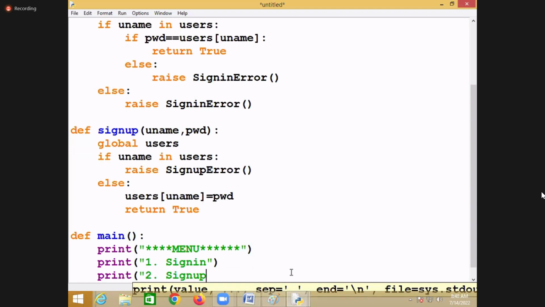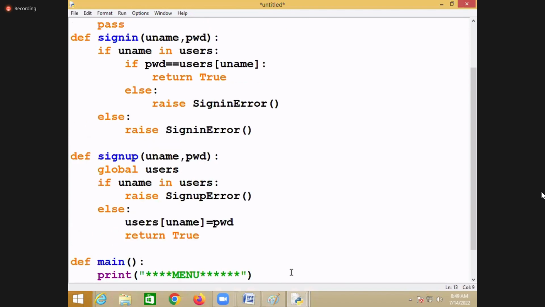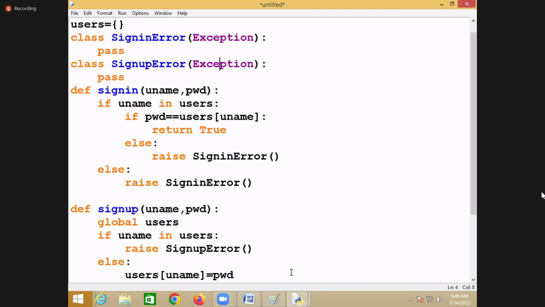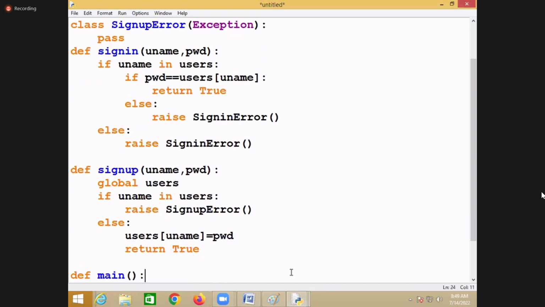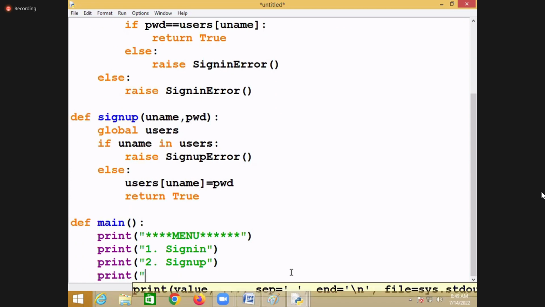Sign up. Is there any mistake? Okay. Then print. And the third operation is what here? Exit.